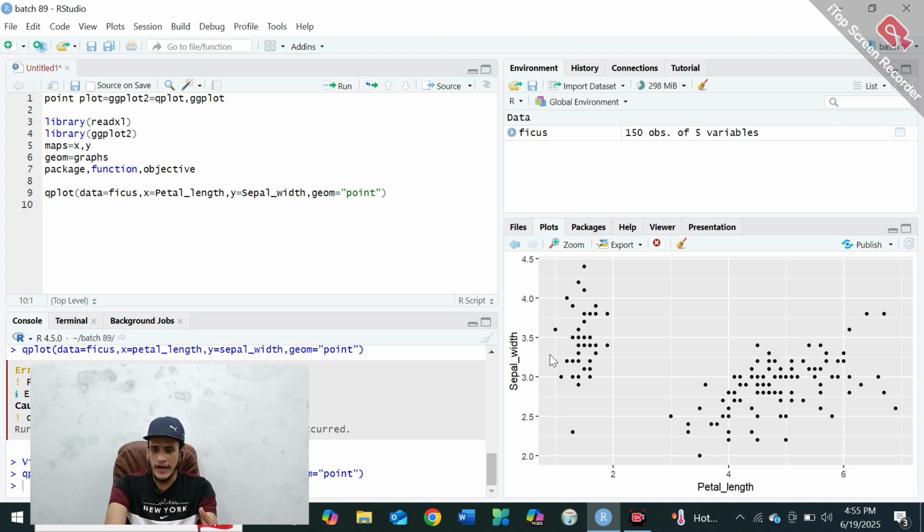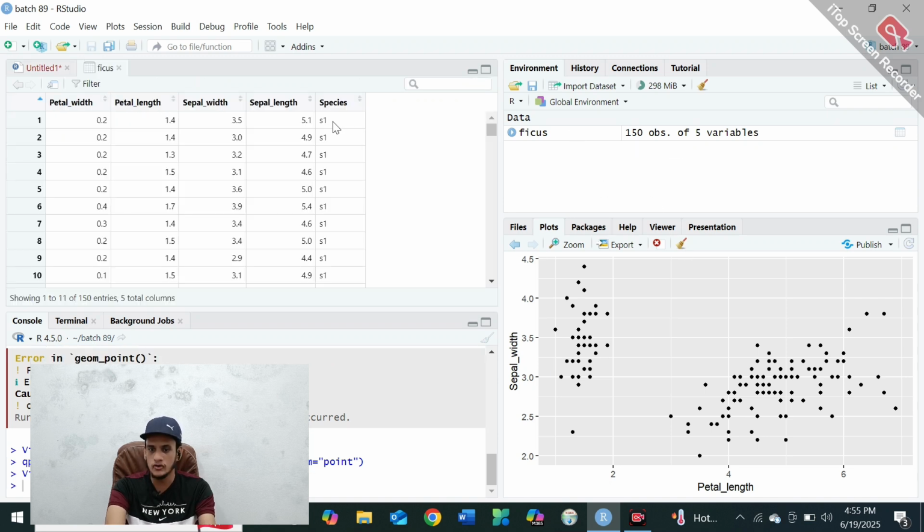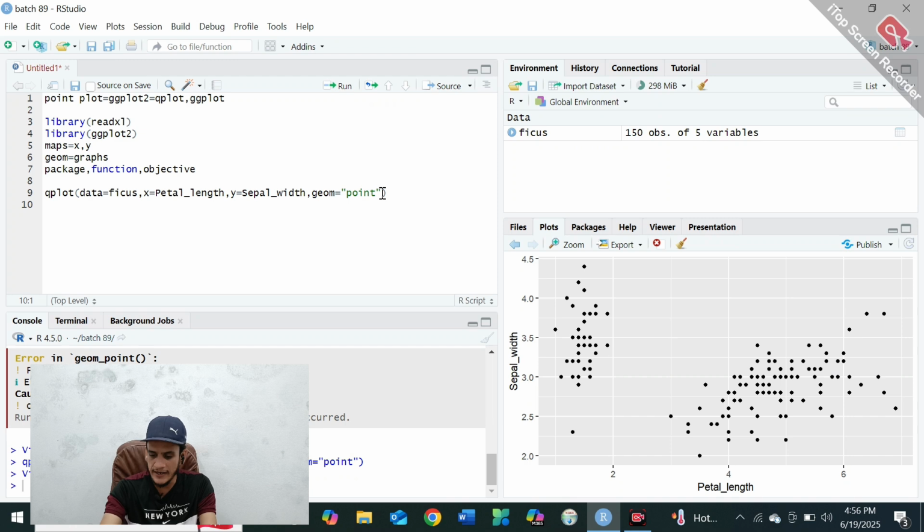Simple. I open the dataset again by clicking on ficus. You can see that species is S1, S2, S3, and if your supervisor asks you to differentiate S1, S2, S3 by different colors, you can also give them different colors. What you will do? Simply, after the inverted commas on point, write a comma and add col, in small letters.